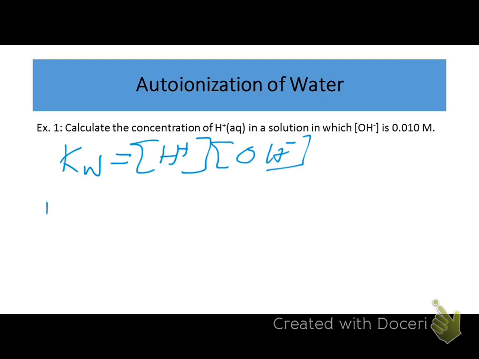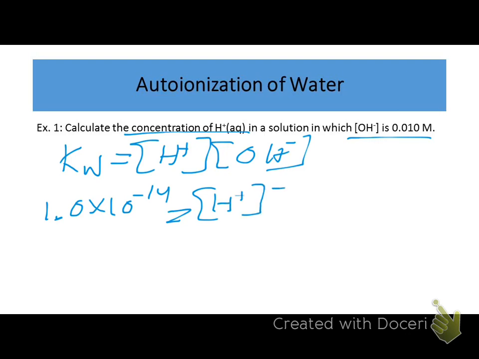So if we know Kw, which is 1.0 times 10 to the minus 14th, and the H plus concentration we don't know, but we do know the OH minus concentration, then the H plus concentration times the OH minus concentration equals Kw. Then by solving this equation, we should be able to figure out what the H plus concentration is, which in this case should be